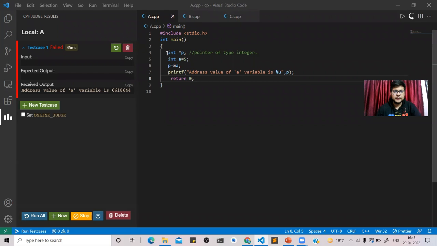As you can see here, it is an integer pointer, int star p. This is how we declare an integer pointer. So what is an integer pointer? The variable that holds the address of an integer variable. Now I have an integer variable a which is initialized with 5. So I say p is equal to &a. Now my pointer p has the address of the integer variable a, and then I print the value of p. When I run it, it says the address value of a is